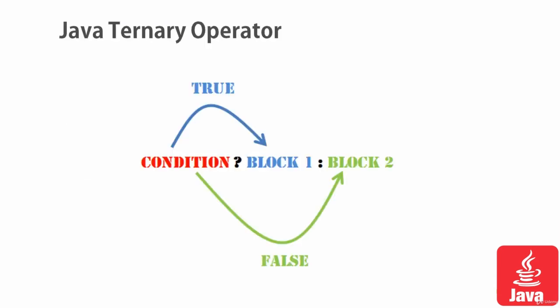Similarly, we have the ternary operator, the if-then-else condition, written using two symbols, the question mark and the colon. We have a condition, then the block which is executed when the condition is true, and then the second block which is executed when the condition is false. Suppose we have a condition like a is greater than b. If a has value 10 and b has value 5, it will move to the true section, block 1. Block 1 is executed. If it is false, it will execute block 2. So this is the way of writing this.